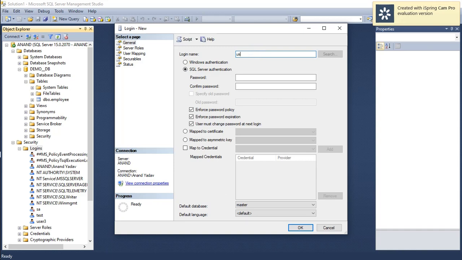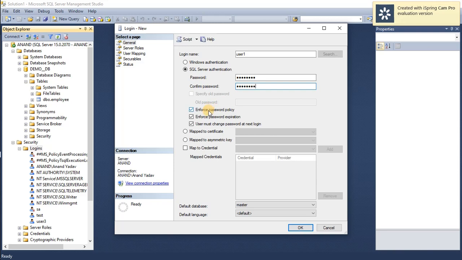I will create user 1, and this is the temporary password that I am giving to user 1. Whenever a DBA creates a user account, he should just give a temporary password. Whenever the user receives an account, he must change this temporary password.